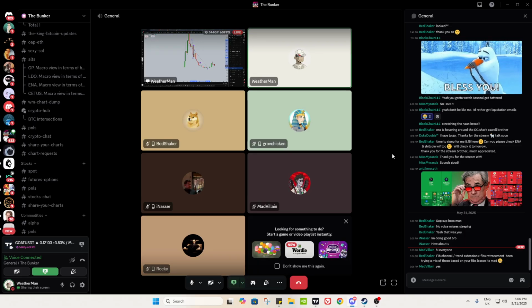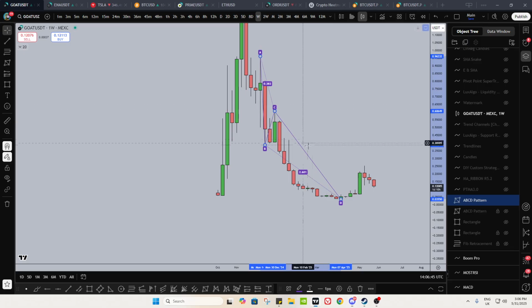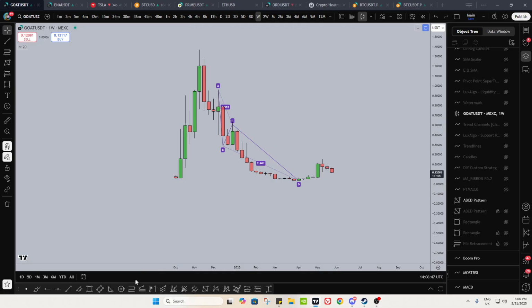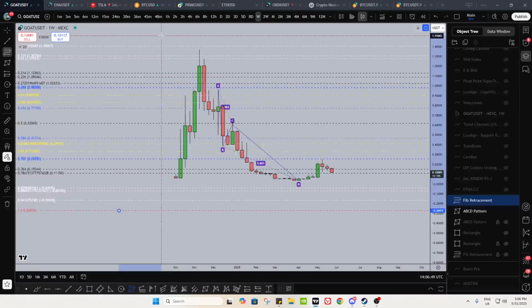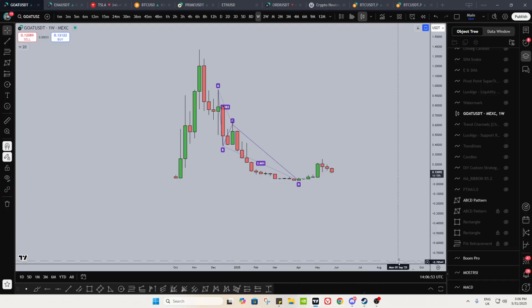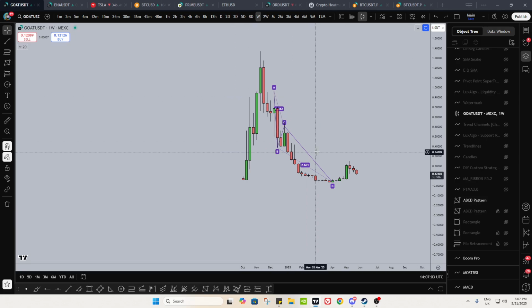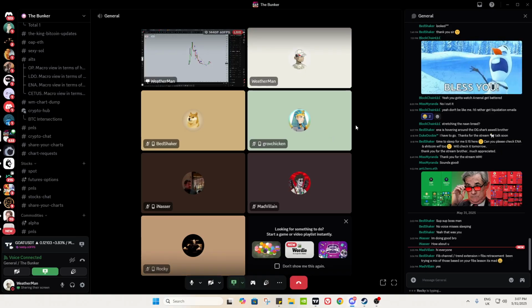The people who say fibs don't work probably have only seen people who don't know how to use fibs. You know the type of people I'm talking about. They'll get a random retracement, put it down to make it look nice instead of actually getting levels on their screen. In that case, yeah, fibs don't work. But in the way we use it, fibs absolutely work. In fact, I'd argue they're probably one of the most powerful forms of TA that you have. Harmonics is still an extension of fibs, and what we see here is still an extension of fibs, so it's very, very powerful.